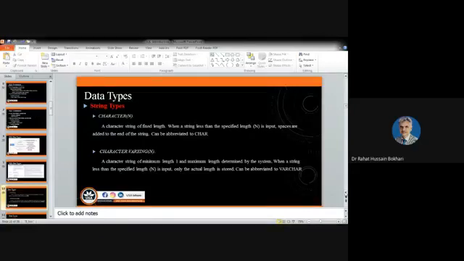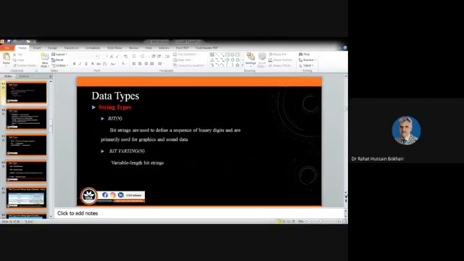Similarly, we have varchar, which is character varying. That is also with the help of n. I will discuss it in the next slides. This is the bit data type. You can store your data in terms of bits, bit varying.